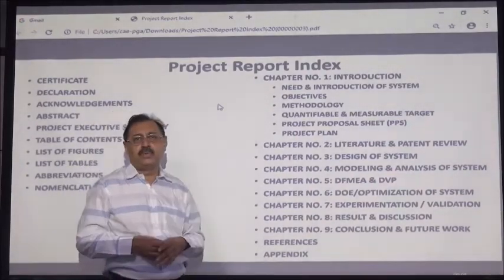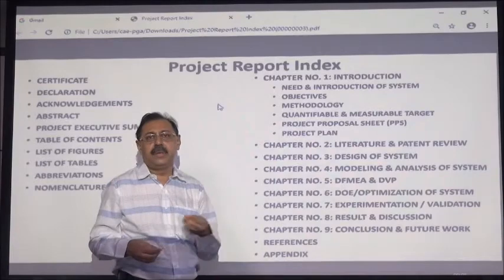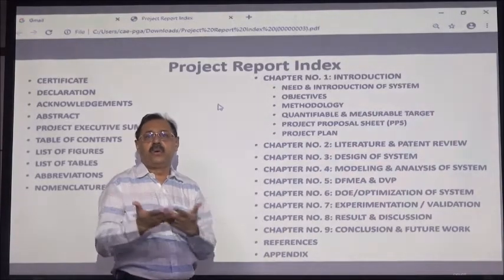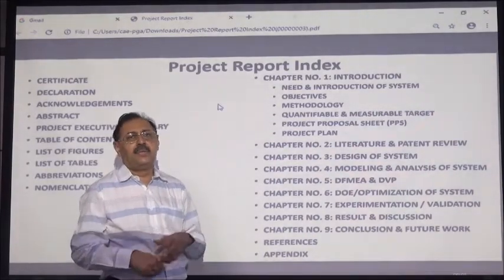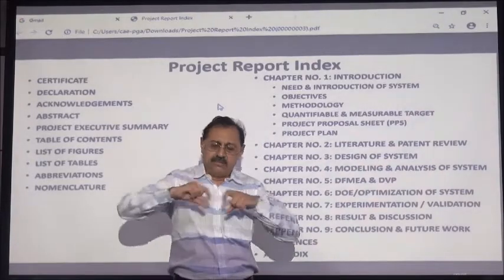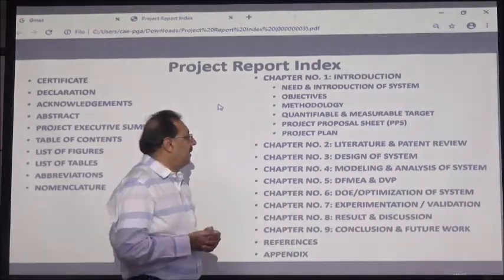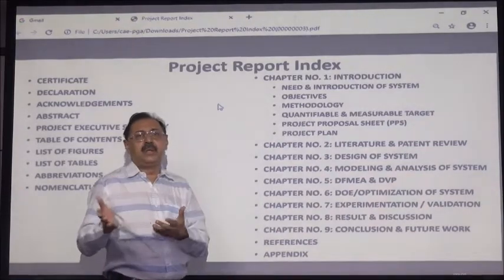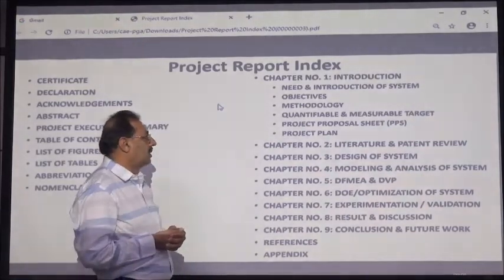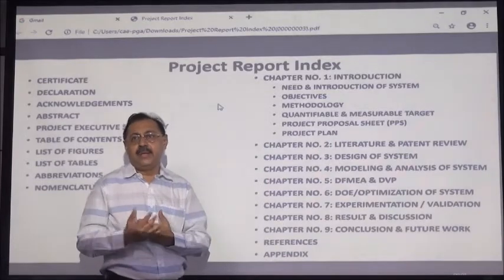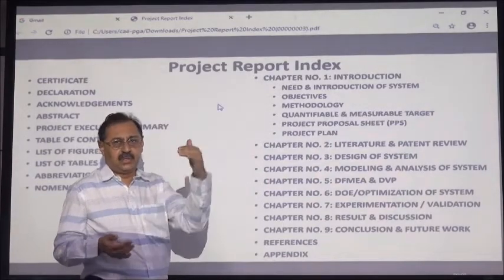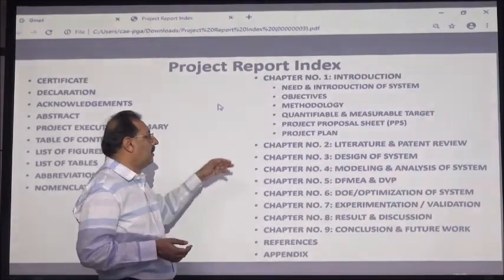Then the project proposal sheet. The project proposal sheet is 3 pages, where you write down what your project is, who your guide is, whether you get any stipend or not, and then everyone signs. The student signs, the guide signs, and the HOD signs. The last page is basically the target and how you are going to do the project. You can also put the timeline in the project proposal sheet, that these are the various steps and this is the time.